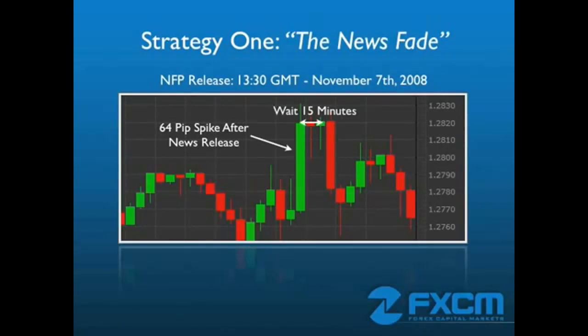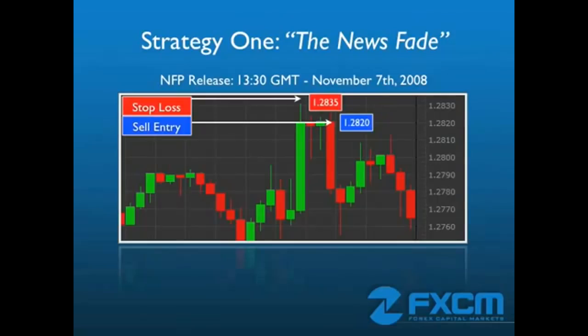If we had implemented our strategy by waiting 15 minutes and then selling here around a price of 1.2820, sure enough, the price reverted back to the mean and we could have closed out our trade around 1.2780 for a profit of 40 pips. On this strategy, we probably would have set our stop just above this high, probably around